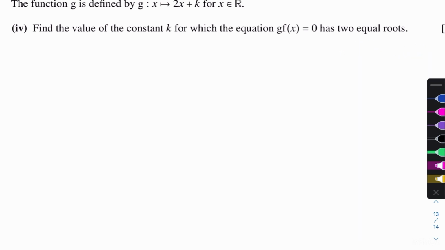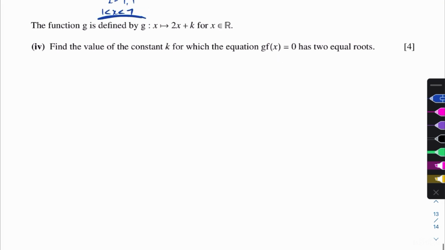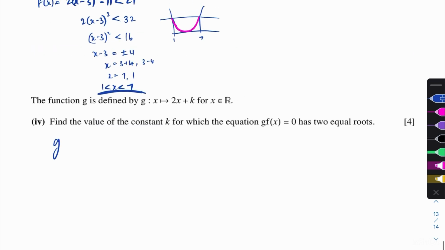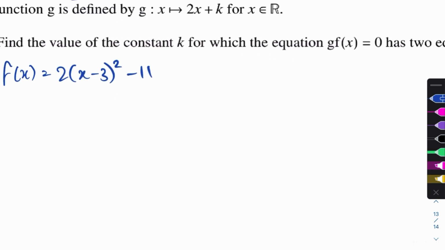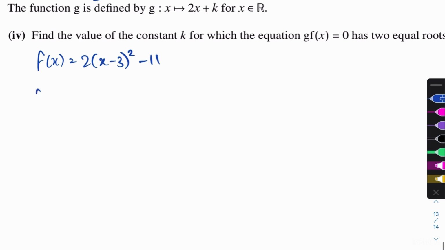So just make sure that you know that because you need that to do this question. Now g of f of x. So that's when you put f(x) into g. So our f(x) is, let's just write it down again so we have it here. f(x) equals (2x minus 3) squared minus 11. That's our f(x). So g of f(x) equals,